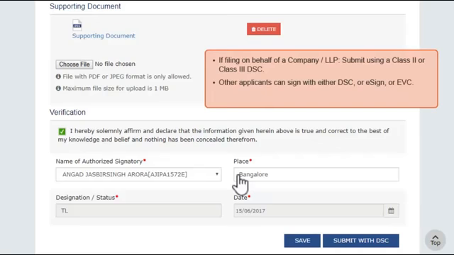In case other than company and LLP, the clarification can be submitted using the e-sign or electronic verification code (EVC) option as well. Both these services are Aadhaar-based services and require you to have the mobile phone number registered with the Aadhaar database handy. In case of EVC, you will need to enter the OTP for authentication.